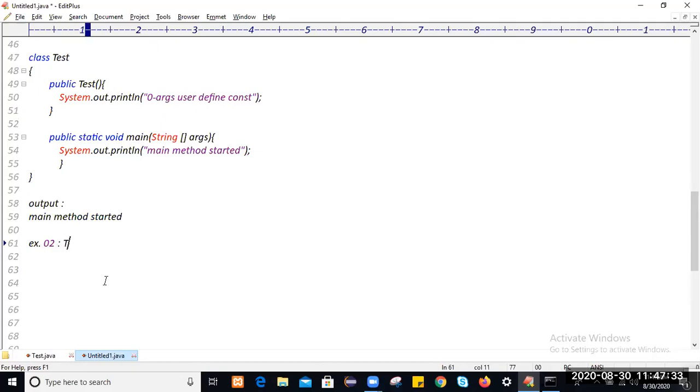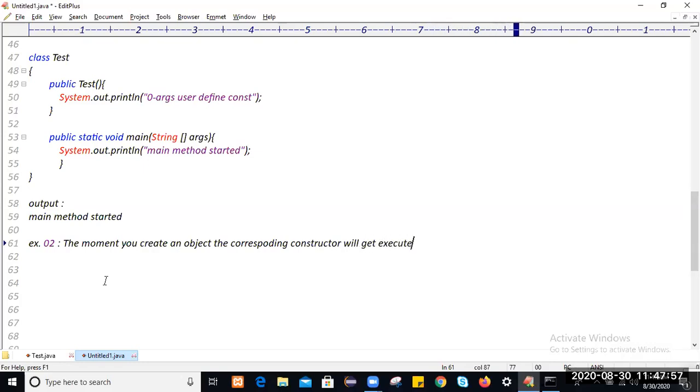What is the meaning of this? The moment you create an object, the corresponding constructor will get executed.